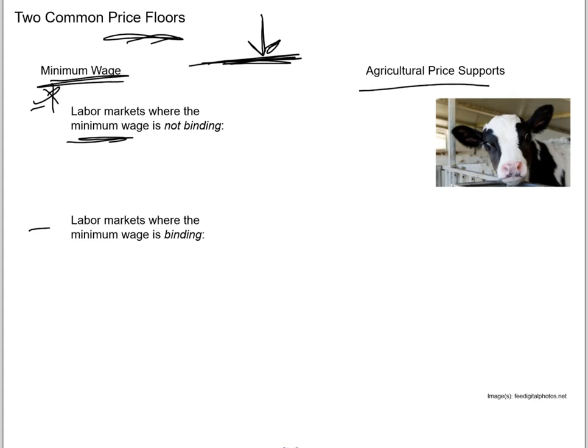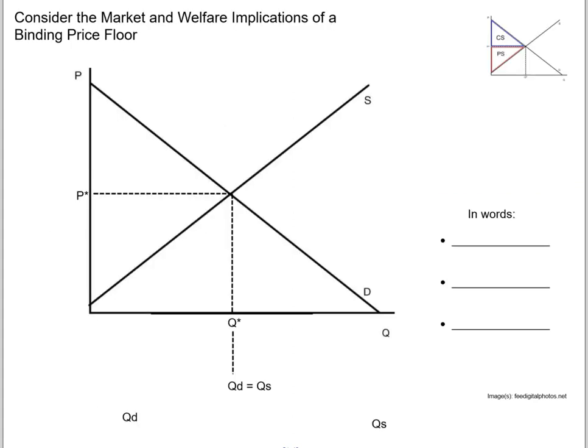Another common form of price floors happens in the agricultural sector, where there are different kinds of price supports to make sure that the price of agricultural products stays higher. It's a little complicated because there are actually many different mechanisms that the government can use to create a price support or a price floor in the agricultural market. Whereas for the minimum wage, it's basically by fiat, right? Where the government just dictates this is what the minimum wage is going to be,